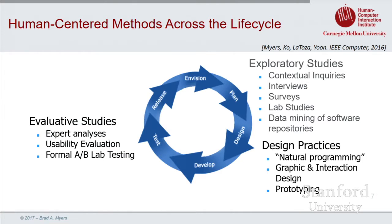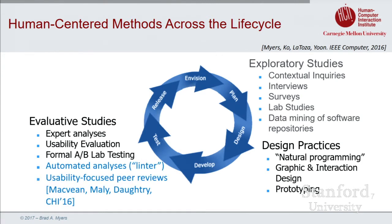Then you go ahead and implement your APIs, and then you need to evaluate them. And we, again, use fairly conventional HCI methods, heuristic analysis, cognitive dimensions. We do usability evaluations, and sometimes we even do A versus B studies of the APIs themselves. We haven't used these in my lab, but